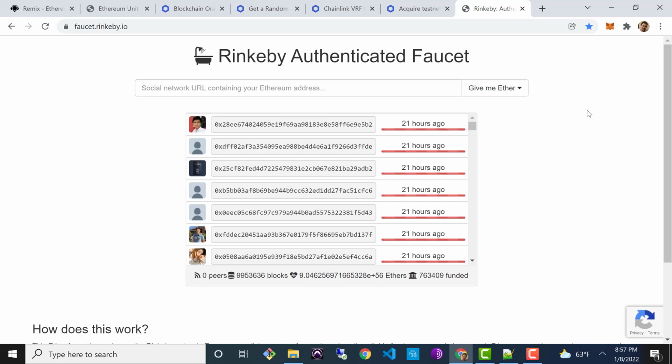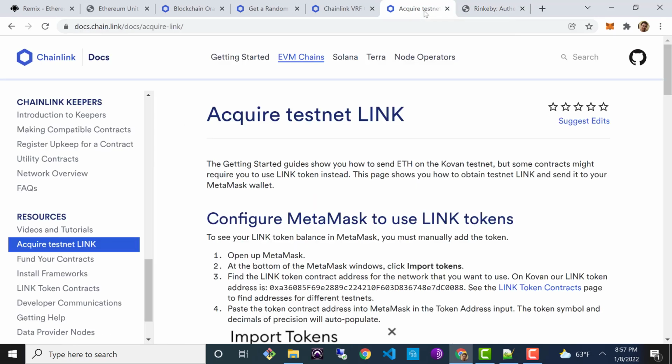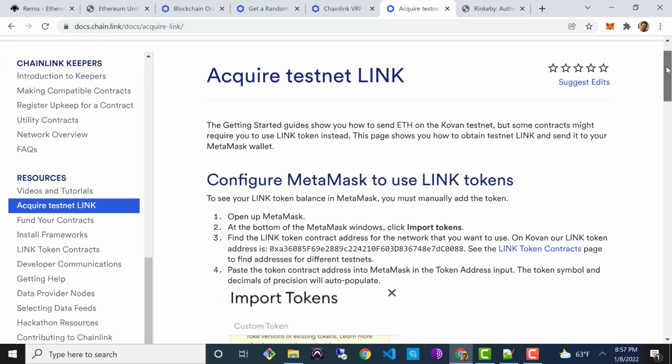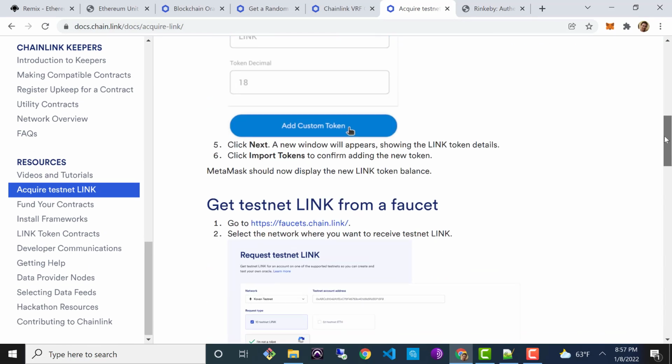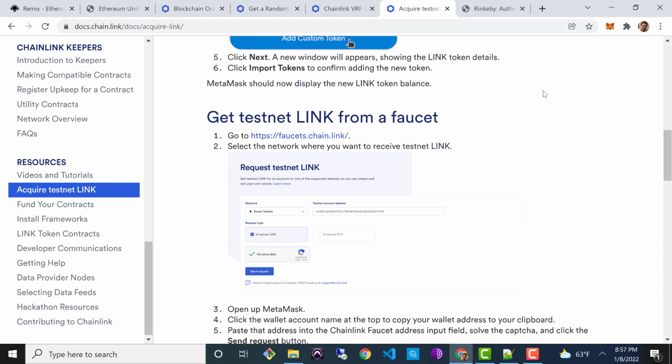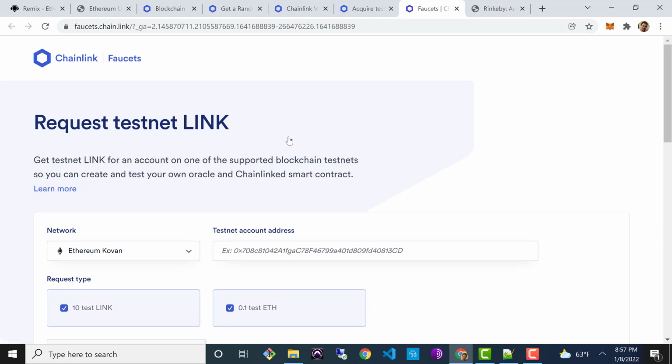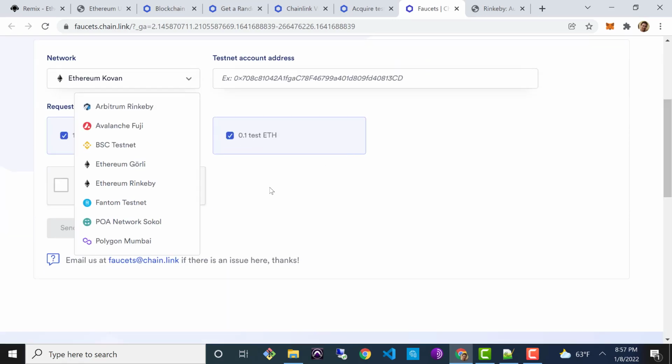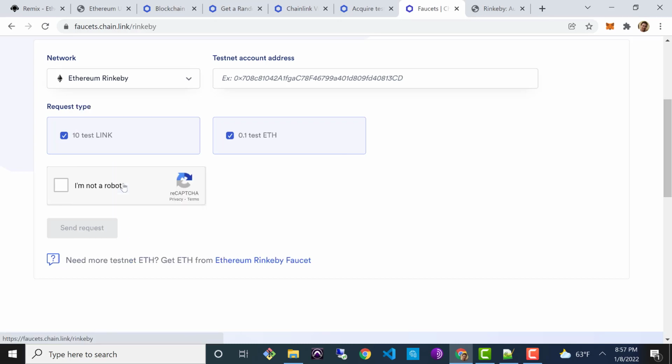So once you've done that, once you have some ether to work with, the next thing we'll need to do is get some LINK tokens. Okay, and I'll add this link to the description of the video, but this page should give us, here it is, a link to our LINK faucet. That's too many links for one sentence, but you get the idea. All right, so once we come here, make sure the correct network is selected. So we'll say Ethereum Rinkeby,